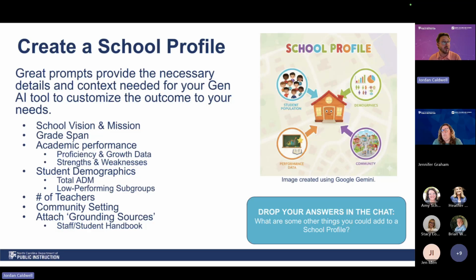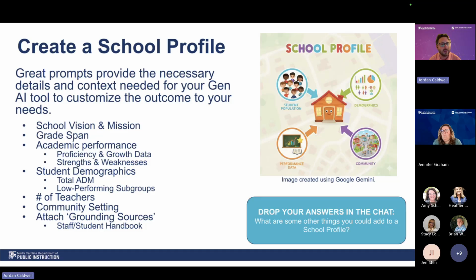I know right now some areas in the Northwest region are really struggling with third grade ELA, fifth grade ELA, and eighth grade ELA. So including that in there can give a targeted approach on some academic areas that are of need for a school to address. And it can bring customized responses back in for you as the principal, including things like the number of teachers,